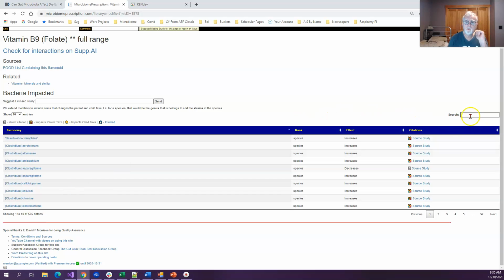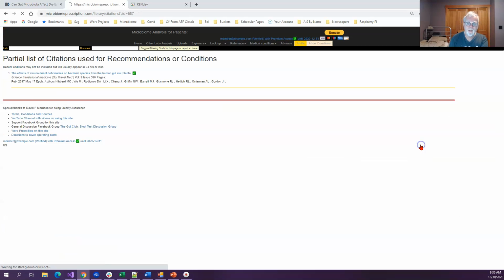This is supposed to be looking at bifidobacterium. In the search box here, you can just start typing and it will filter, and we can see it will increase, decrease. You'll notice we have a variety of icons here, and the icons mean that this information doesn't come from a study that mentions this specific thing, but from a study where its parent is mentioned, which implies that it is probably likely to also be mentioned. So if I click here,